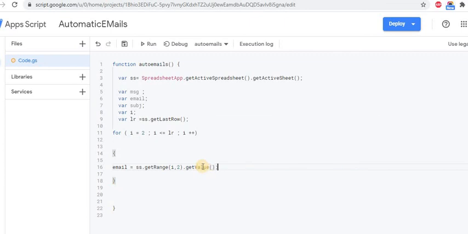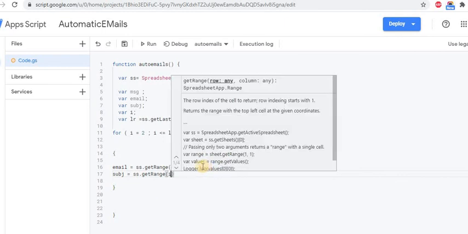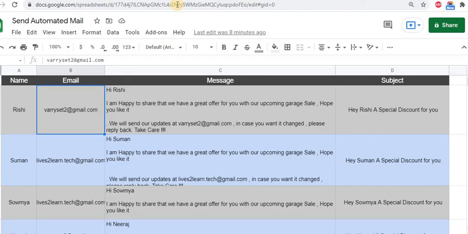Okay, that's my email. Similarly we will put subject. ss.getRange, this will be i comma 3 for subject.